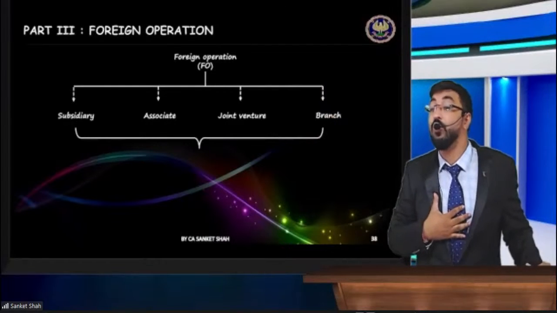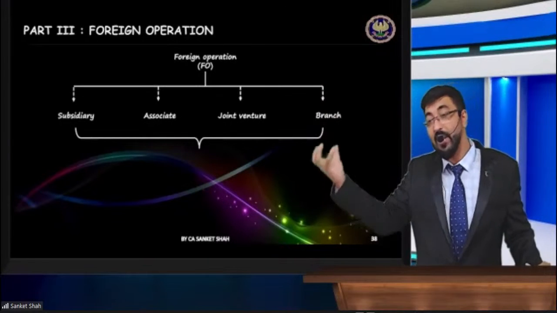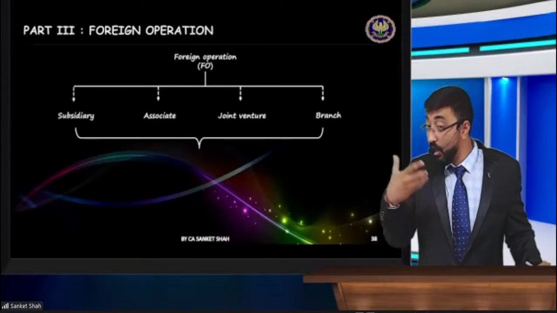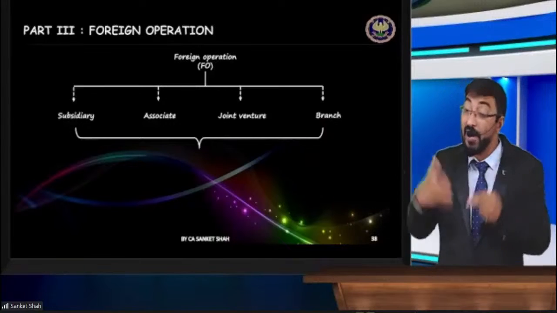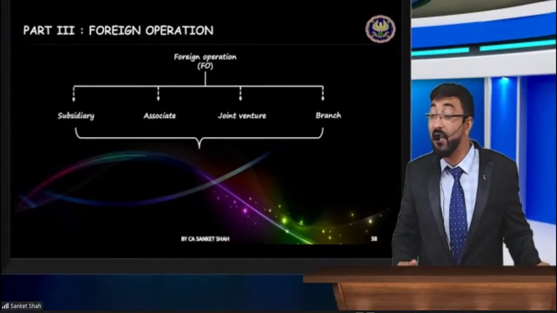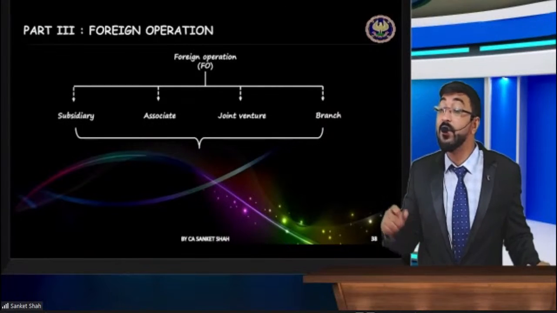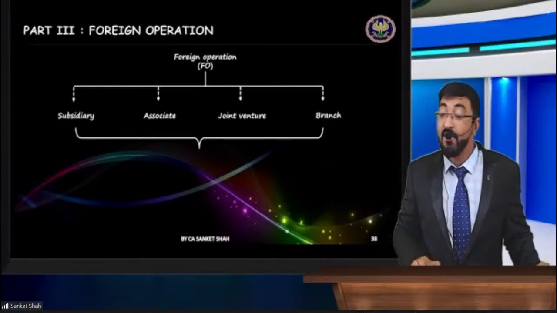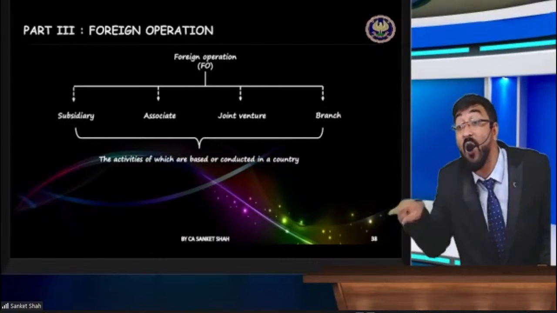Suppose I have a branch in the US. Now this branch's financial statements are in dollars. But to show it to my shareholders, I will merge my profit and the branch profit together. I will do consolidation, and that consolidation needs conversion of their dollars into rupees. And this conversion we will again need at what rate,